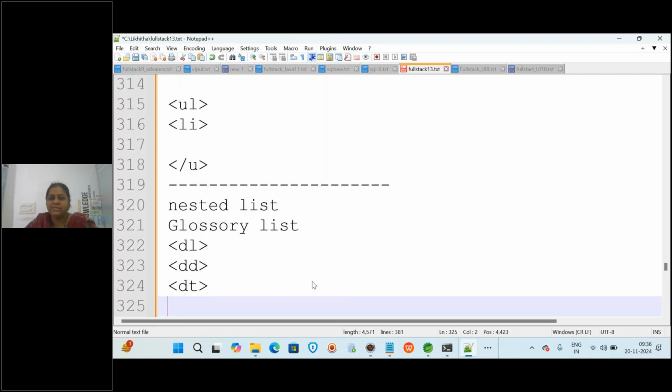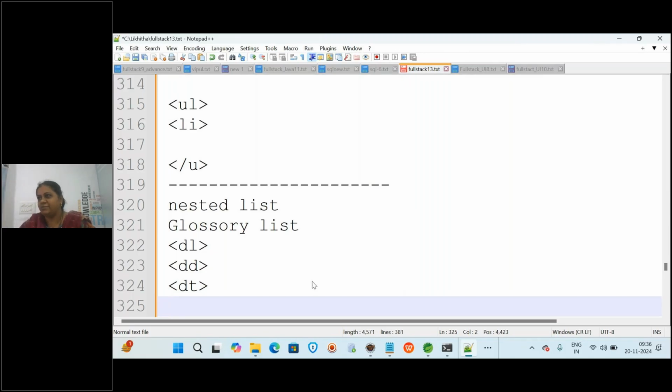Now, how is this used? It is used for displaying something like a caption or abbreviation. HTML is your list item, or DT, and you describe it, like HTML means hypertext markup language. Like for any movie, they give the movie name and some quotation, or for any hero they give a star name and a style name.